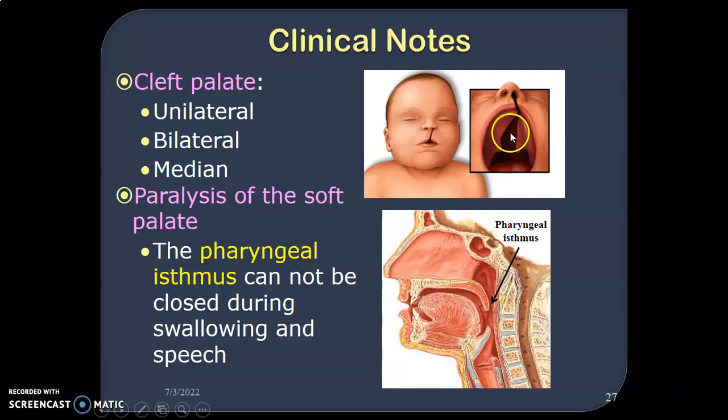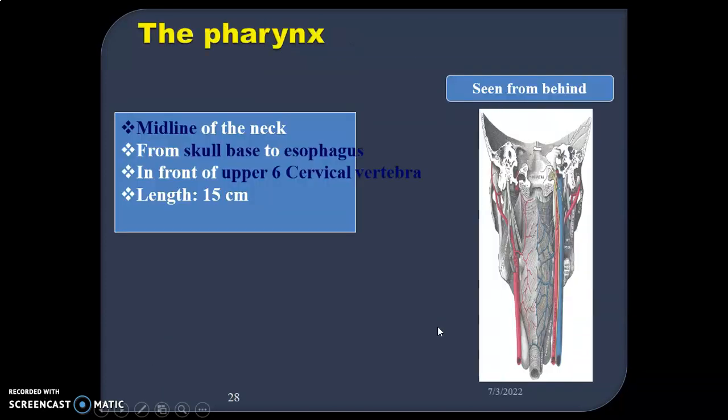There is a cleft. So when you have abnormal fusion of the different prominences that form the face, or prominences that form the maxilla, you tend to get the cleft palate. So abnormal fusion of the prominences. Then you can have paralysis of the soft palate. When you have paralysis of the soft palate, it's going to impair swallowing and speech. Okay, so this is your pharyngeal isthmus. So in the next lecture, we shall discuss the anatomy of the